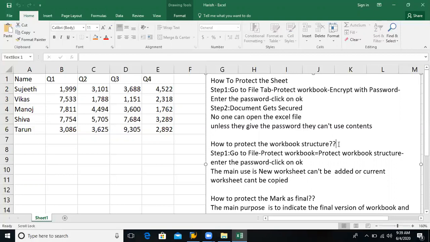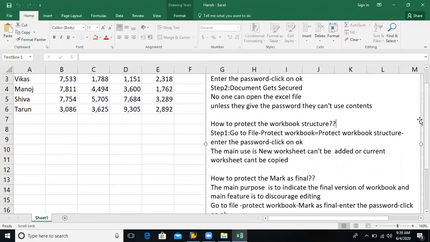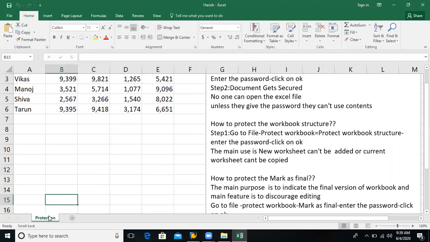Okay. Next concept, how to protect the workbook structure. Let's name the sheet here. The sheet name is Sheet1. If you double click on that, you can rename the worksheet, like Protection. I am naming it Protection. You just simply double click on it and you can change the name of the sheet.